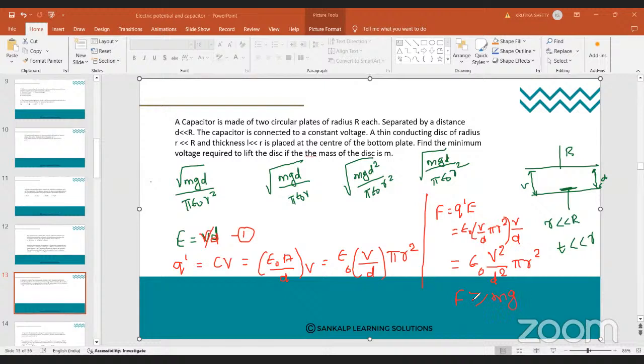So therefore F is epsilon naught V square by D square pi r square, which is equal to mg. So we require only V, students. So you can simplify further here. Yes, I know it is a little complicated, but